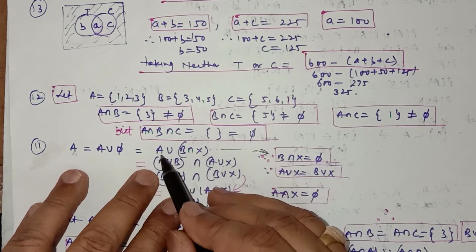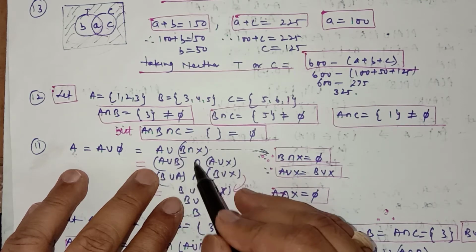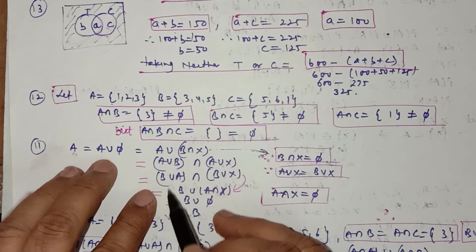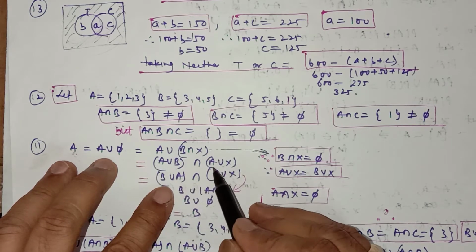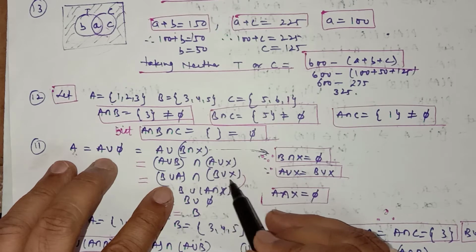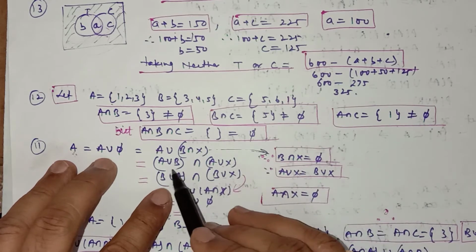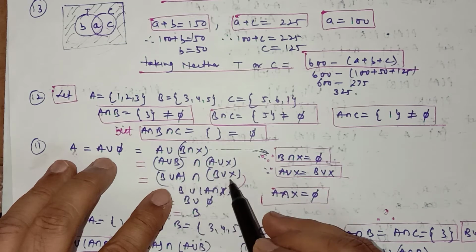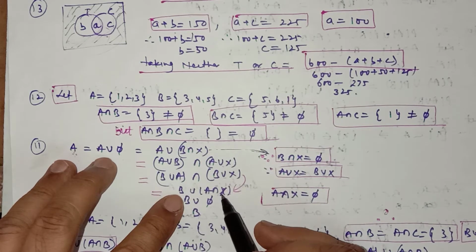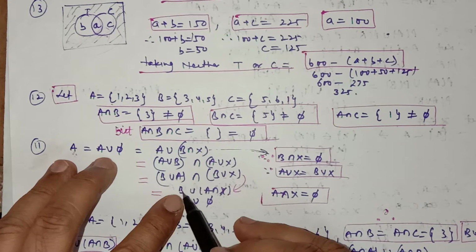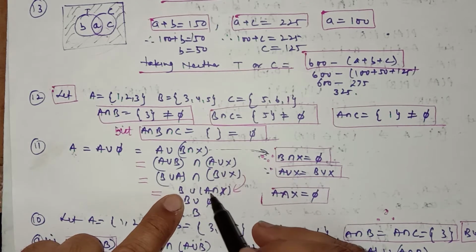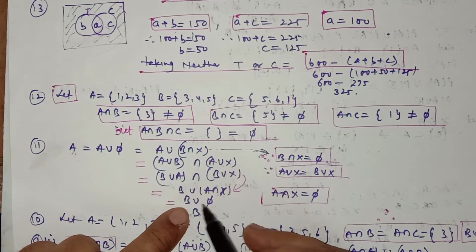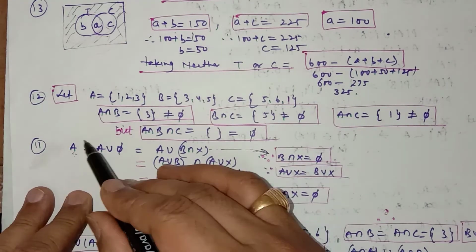Now using the distributive law, A union B, A union X, and intersection sign between them. Now A union B is given as equal to B union A, and A union X is given as equal to B union X. It is given in the question. Now we have opened this distributive law. Now combine this distributive law, because B union A intersection X will be equal to B union A and B union X intersection between them. So I have combined this distributive law like this. So B union A intersection X is given equal to empty, and B union empty will be equal to B. So A is equal to B.